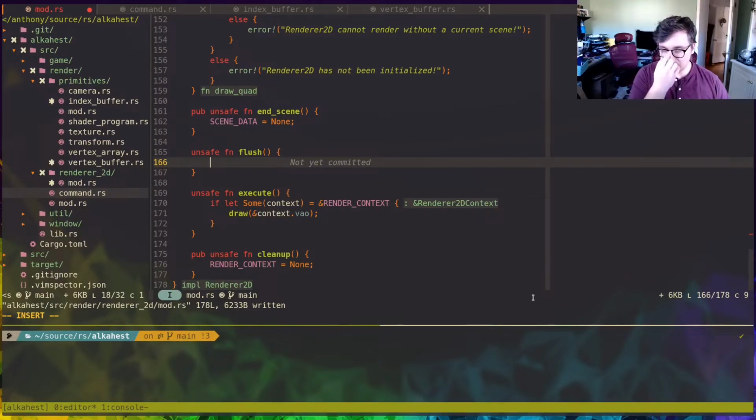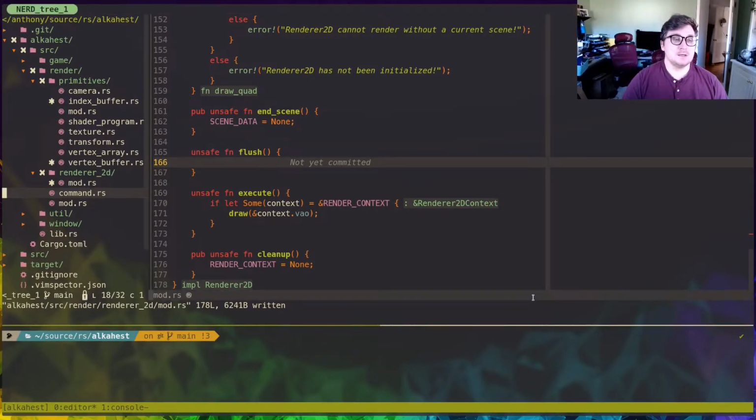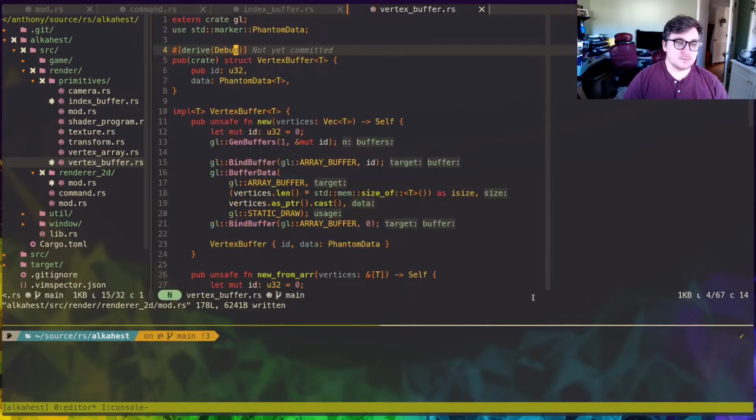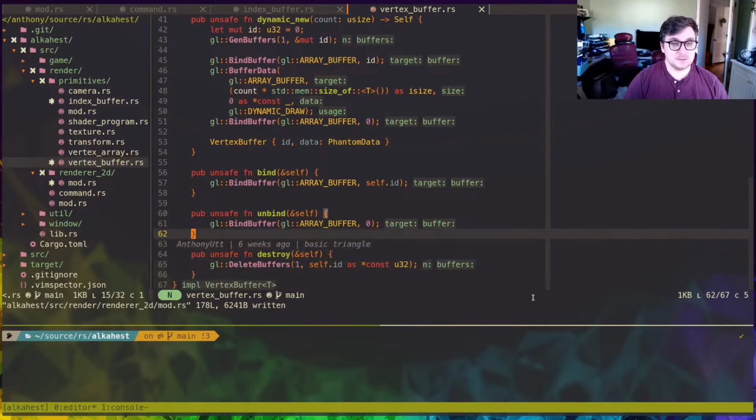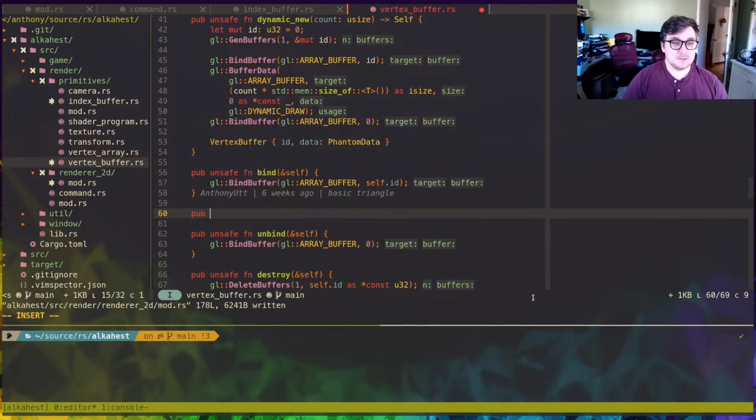Now we're gonna do a function flush. For flush, we need to create a set data function, right? We need to implement this for vertex buffer and index buffer, which is fine. Let's go here, and then pub function set data. We're gonna give it self. We are going to give it the data,